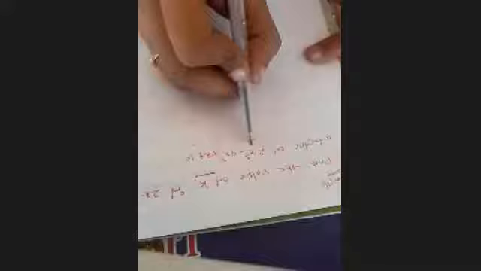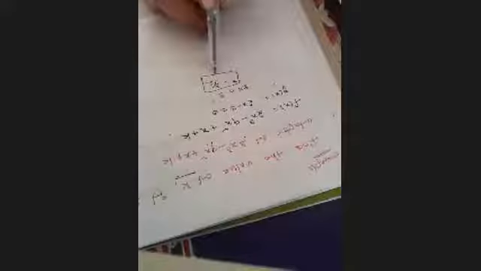So g of x, what is there? g of x equal to 2x minus 3. So we have to keep it as 0. So 2x equal to 3, x equal to 3 by 2. So in the x place, we have to replace it with 3 by 2. Then only we will get the k value. So now we will replace the x value as 3 by 2.